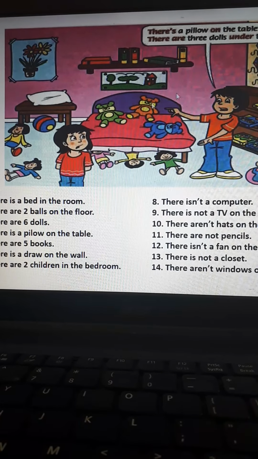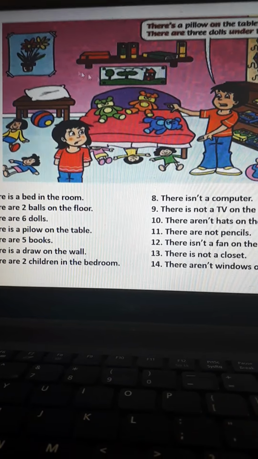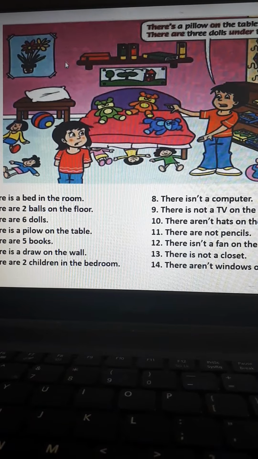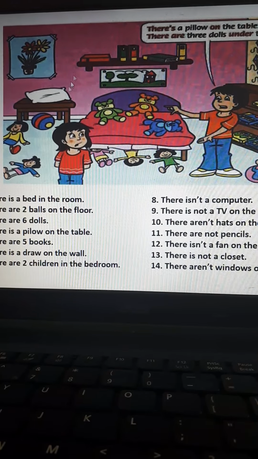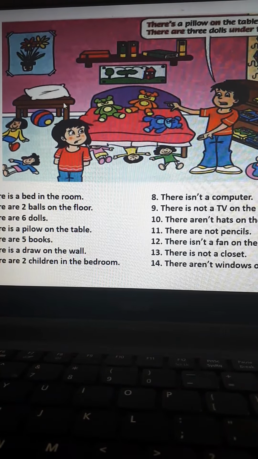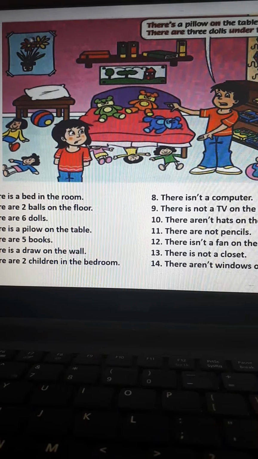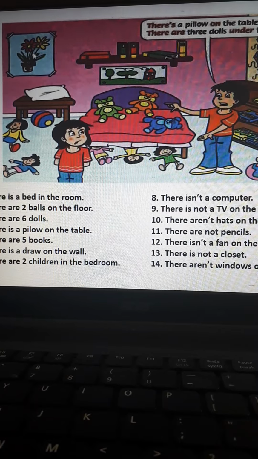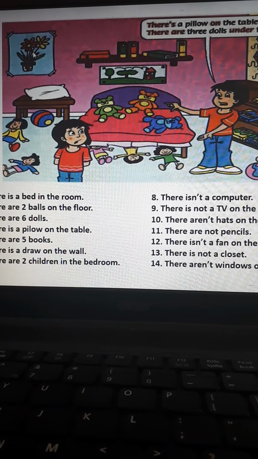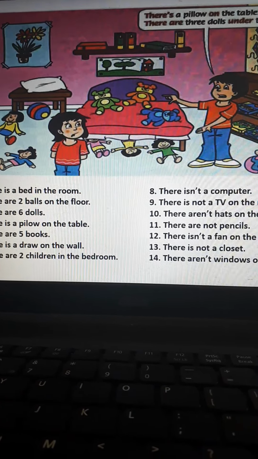We can say many things about the picture. There is a pink wall, for example. There is a brown table. There is a white pillow, okay? There are flowers on the painting, right? We can say many things more, okay? Now on the